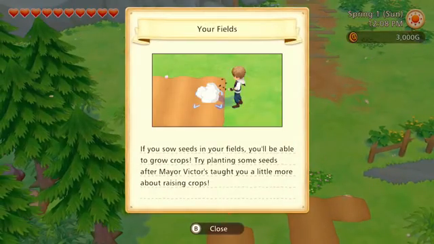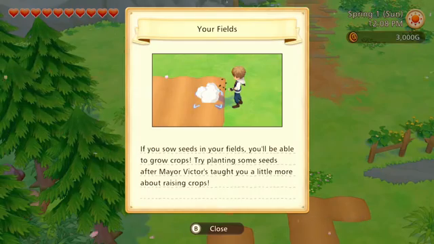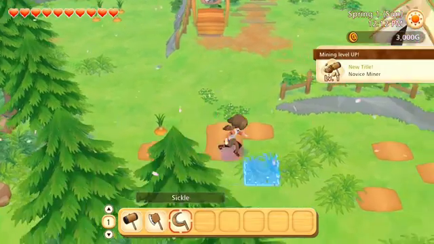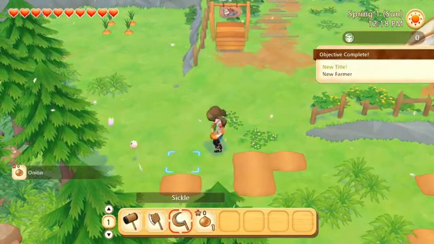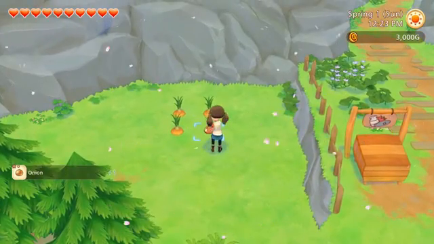If you sow seeds in your fields, you'll be able to grow crops. Try planting some seeds after Mayor Victor has taught you a little more about raising crops. Down here is usually where I start growing all my crops. I feel like most people do that. Here we have an onion, we got a couple onions here. So to start us off,